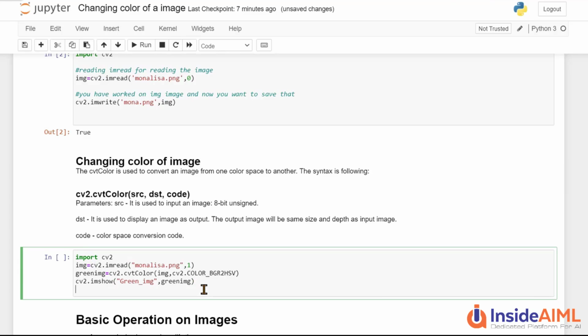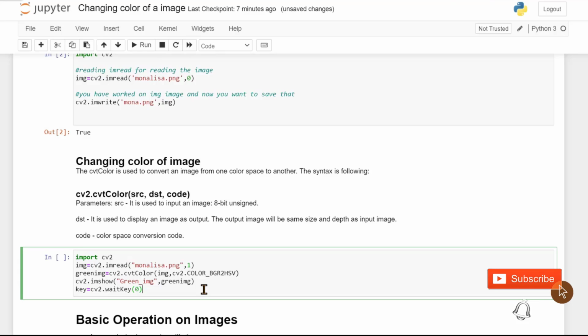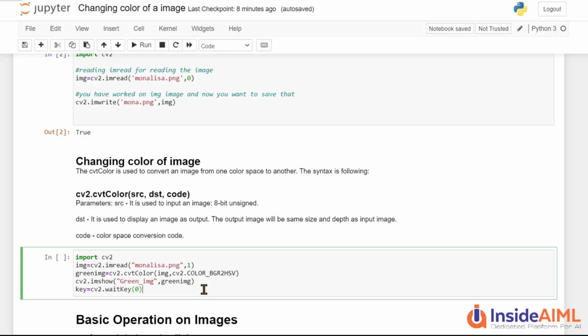And we will put our waitKey also. So let's put key equal to cv2.waitKey, K would be capital, always keep in mind, and 0, okay. So what cv2.waitKey will do is hold that particular frame, that particular tab, for a moment. It will not just exit in a single second. It will wait until we close that. So this is the use of cv2.waitKey.